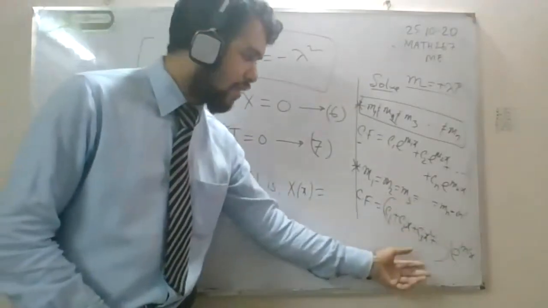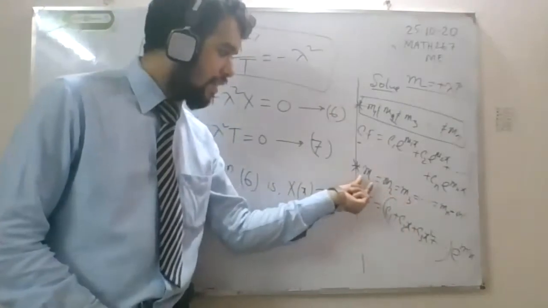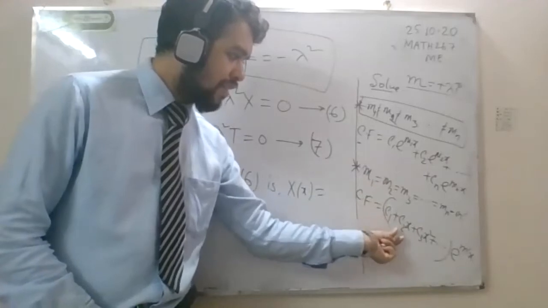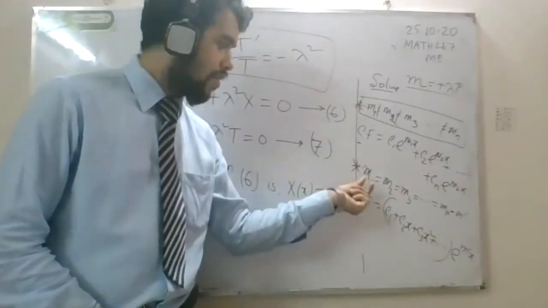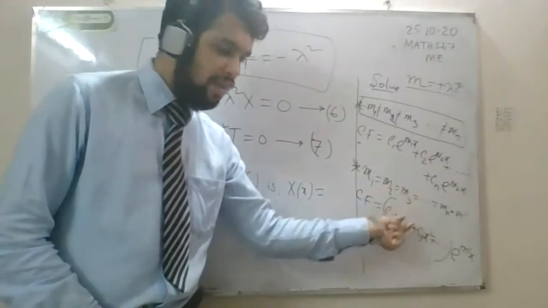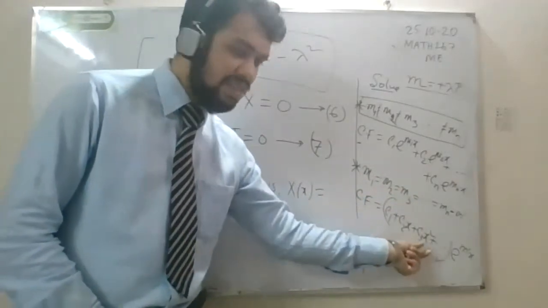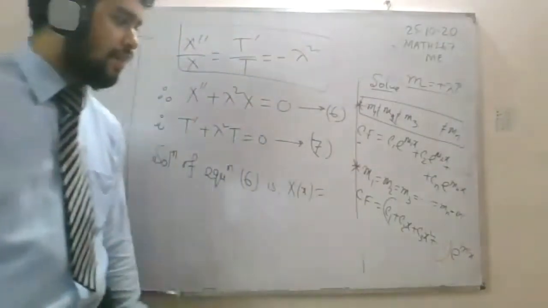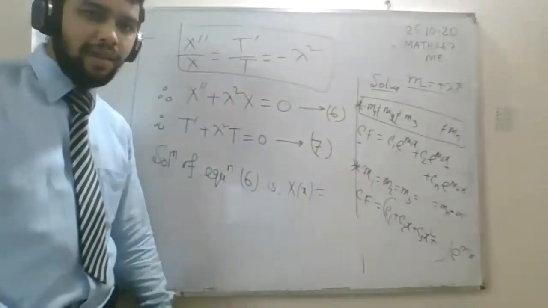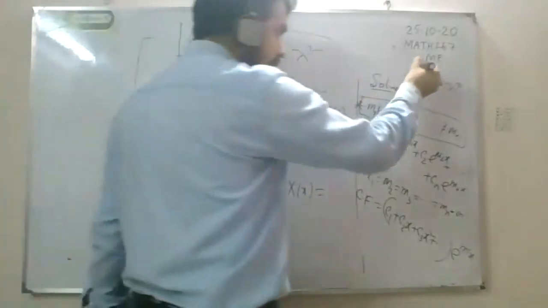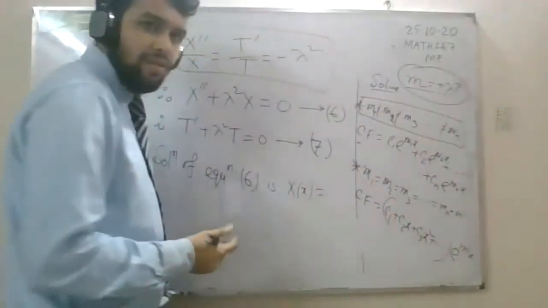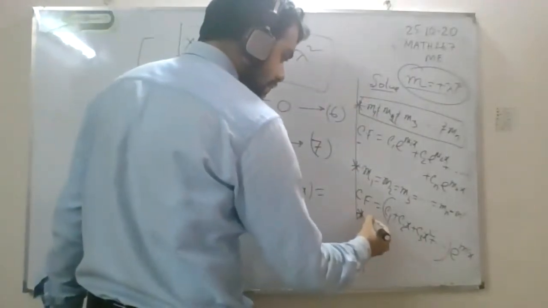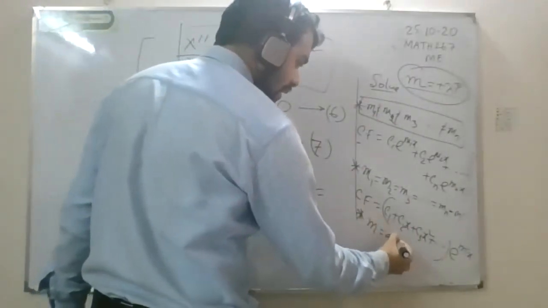In this way, for as many roots as there are, here m1, m2 and m3, you have to write c1, c2 and c3. Or m1, m2, m3, m4, you have to write c1, c2, c3, c4, and also into e to the power m prime x. This is for equal roots. And for complex or imaginary roots or non-real roots, what will happen? m equals a plus minus